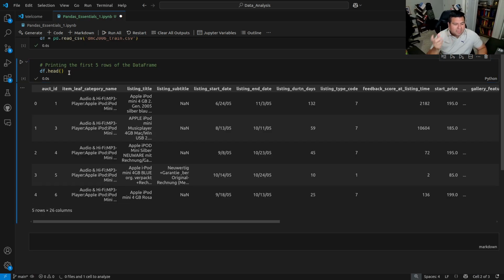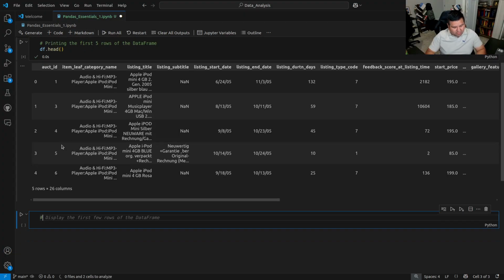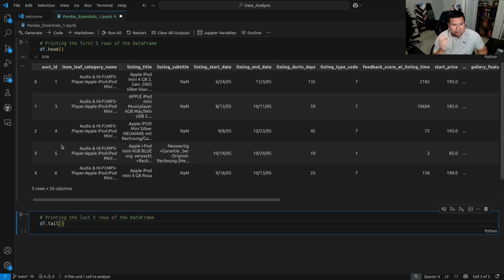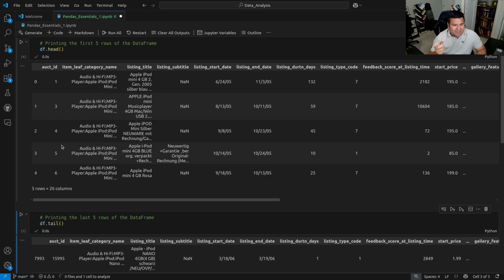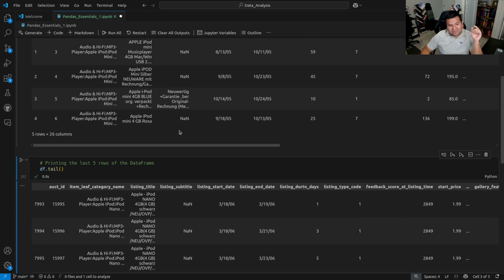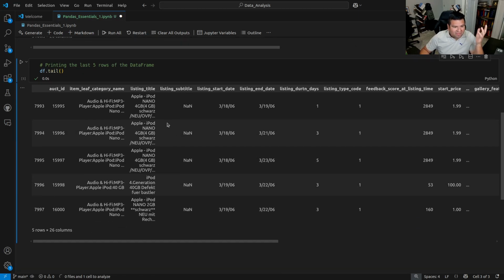So, okay, the very first thing that I do after I create a data frame and print the head, then what you can also do is just print the tail, which is the opposite of head. So displaying or printing the last 5 rows. So then it's just df.tail, and that will print by default, if you don't specify anything between the parentheses, the last 5 observations or the last 5 rows of